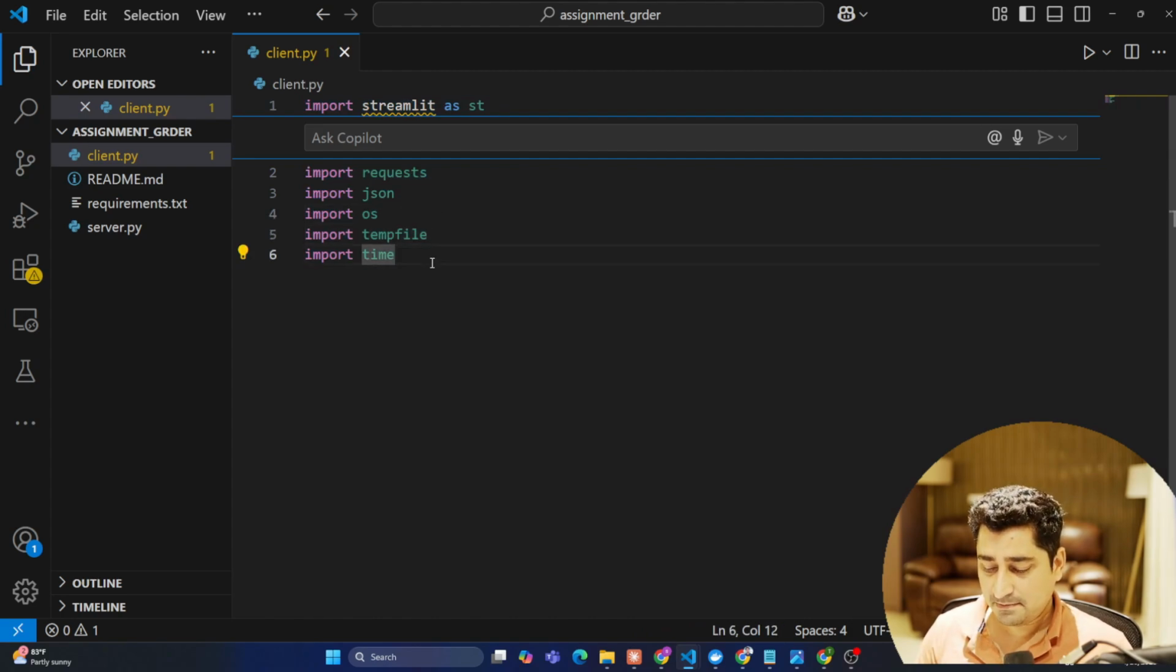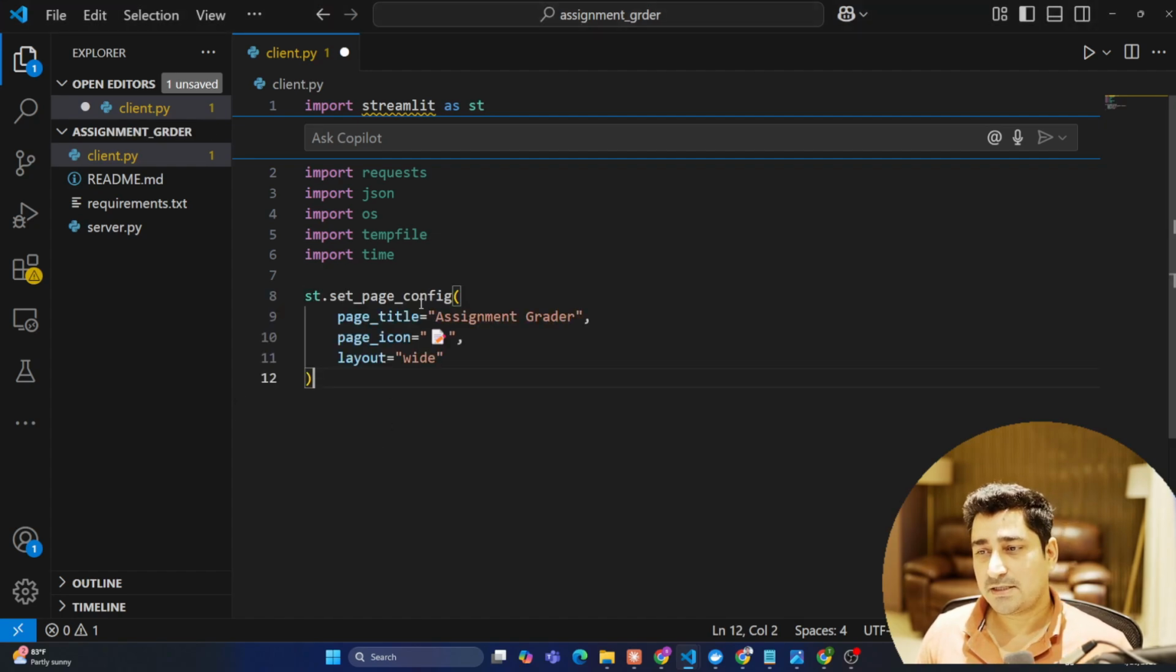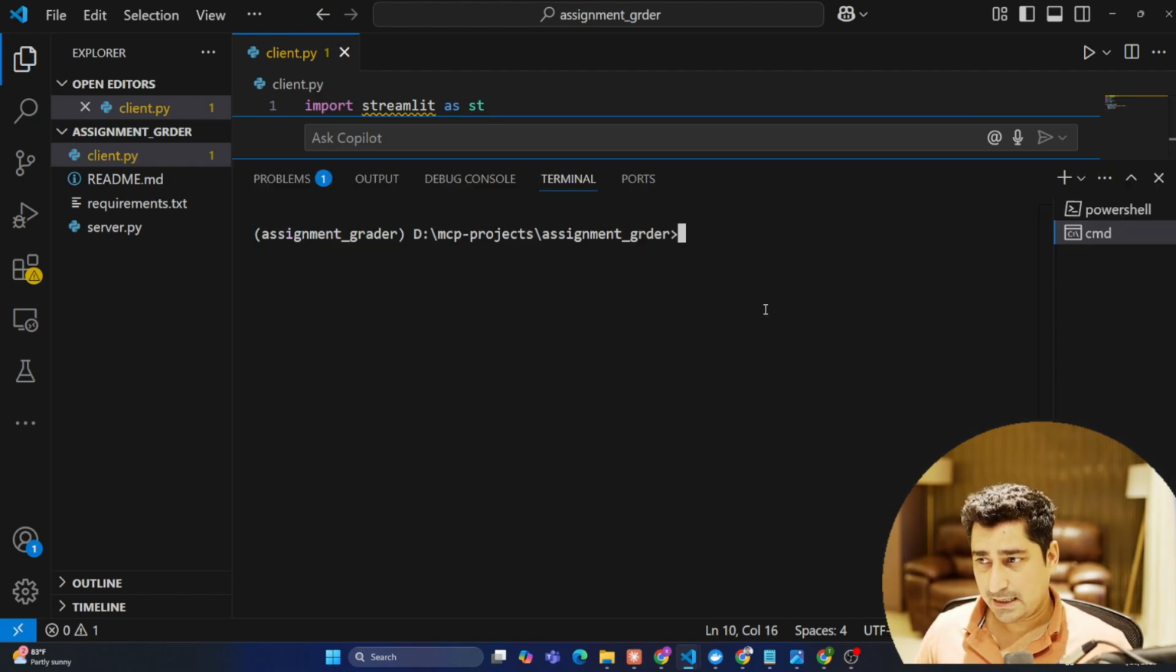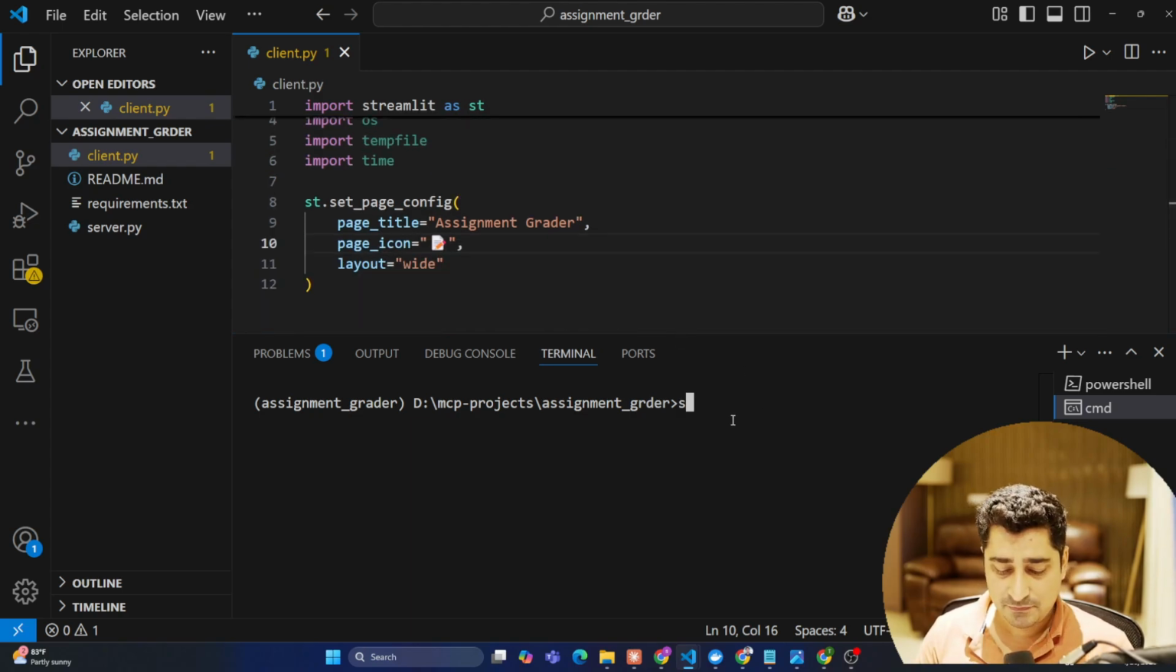Now in a step-by-step manner, let's start building it, right? First of all, we can set a Streamlit page configuration. We can say the page title is equal to assignment grader, and I'm going to give an icon and a layout over here. Now let's execute and test what it is going to do. To run this entire thing, you have to write